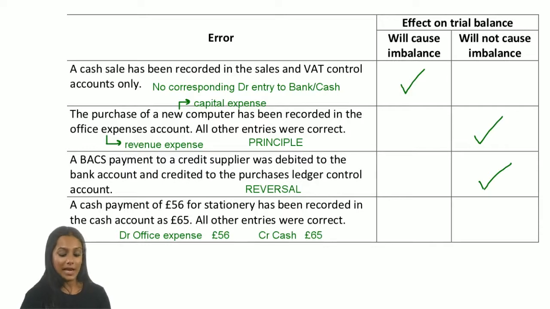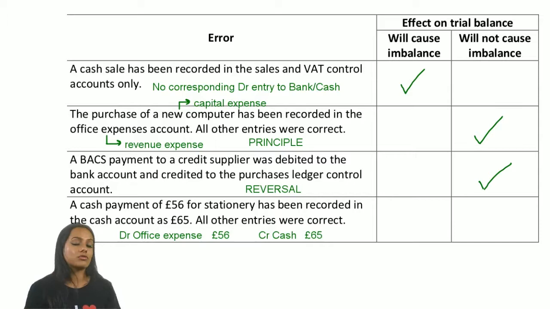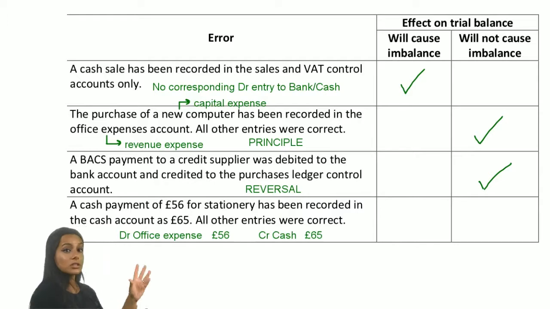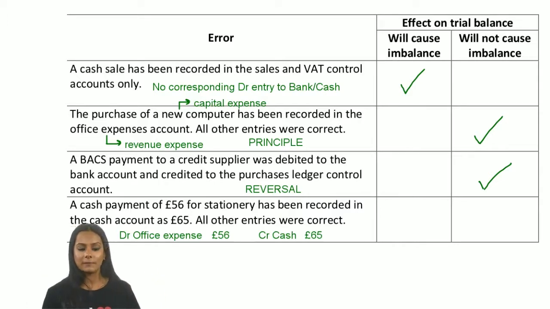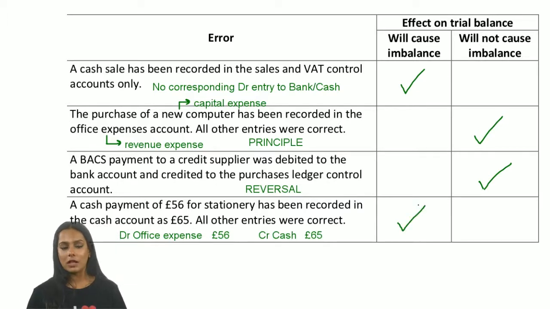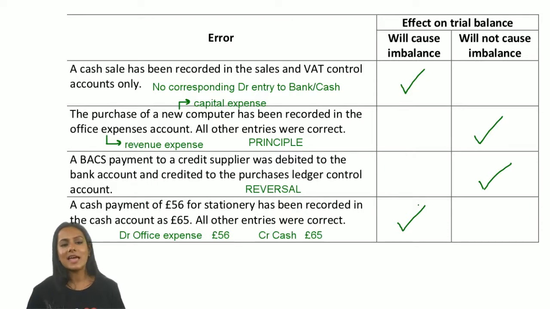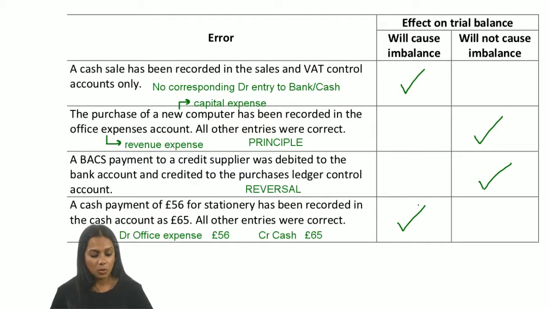A transposition error in this situation makes me think that the debit is lower than the credit, which means that when I eventually extract the trial balance, the debit column and the credit column will not be equal because the credit entry was higher than the debit entry. So to answer this question, this will cause an imbalance in the trial balance because your debits and credits are not equal. It's very important that students understand that as long as there is a debit and a credit of the same amount, your trial balance will always balance. Okay? So,